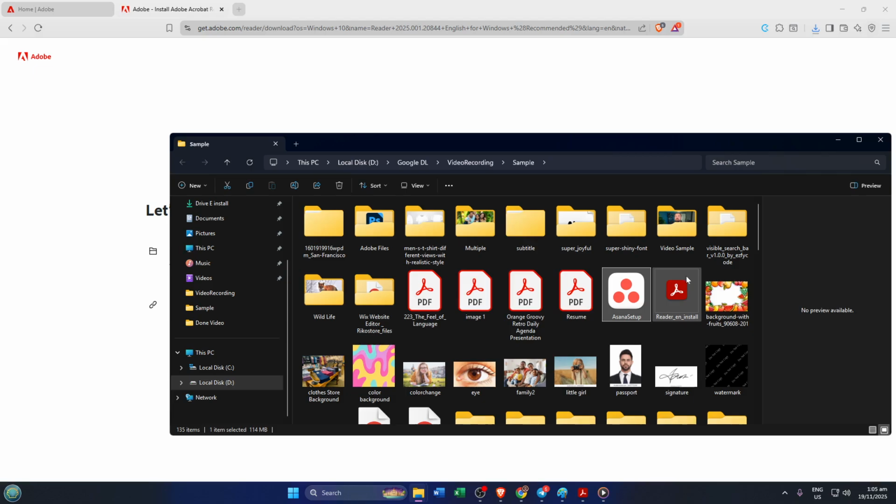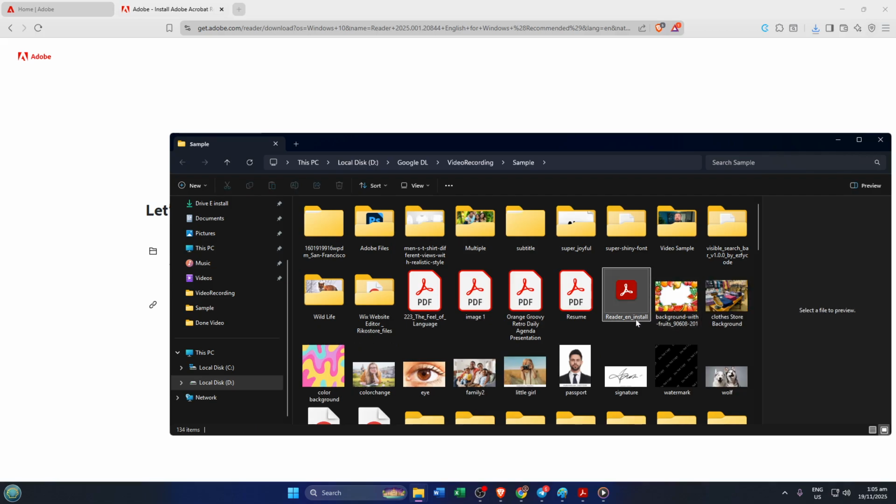After the installation wraps up, you'll have Adobe Acrobat Reader DC ready to use on your Windows 11 computer, and you can finally open, print, or annotate PDFs without hassle. It's one of the most reliable tools out there for handling PDF documents, whether you're working, studying, or just managing